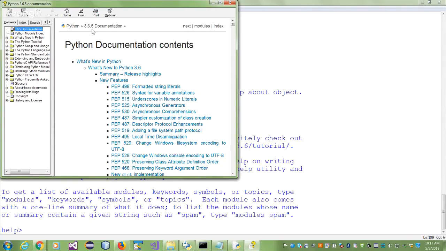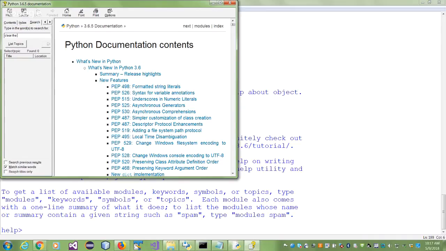I'm trying to look for IDLE's help. I want to see how to clear the IDLE window, right? Which IDLE is not Python. IDLE is just an editor. So Python is Python, but IDLE is just giving you a GUI to work with Python. Okay. So I don't think I will find it here, but if I see something like IDLE or about this, I don't know. Do I see a search? I see a search.